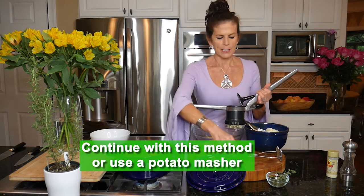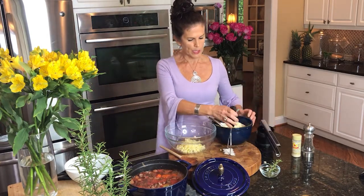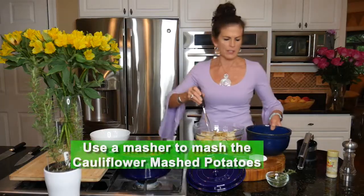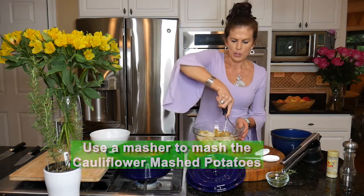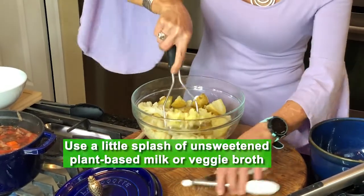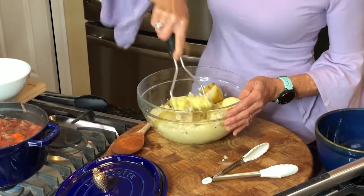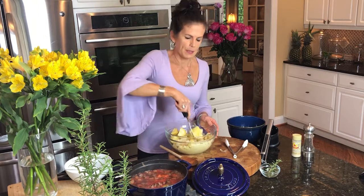stir. You can definitely use just a regular masher. In fact, maybe that's what I'll move to here, because that'll just be a whole lot quicker. I'll just add everything to the bowl and just give it a good mash. And there's a little bit of the cooking liquid in with the vegetables. You could use some plant-based milk if you wanted, but I just use a little splash of the cooking liquid to go in here. So I'll just give this a good mash,